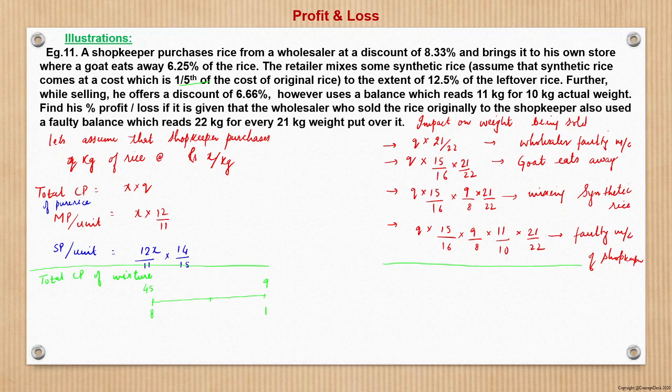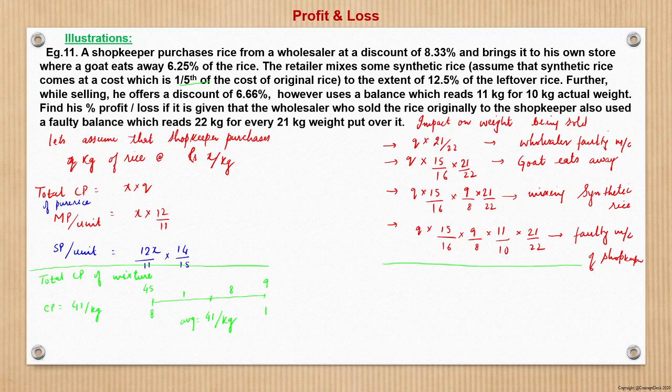Now here we will try to find the weighted average price of the mixture. So this will be in the ratio 1 is to 8, inverse ratio. So the difference 45 minus 9 is 36, divided in the ratio where 36 represents 9 units. So 1 represents 4 units. So this will be nothing but 41. Weighted average price will be 41 rupees per kg, right? So weighted average price of the mixture we have got, 41 per kg. So CP is 41 per kg.